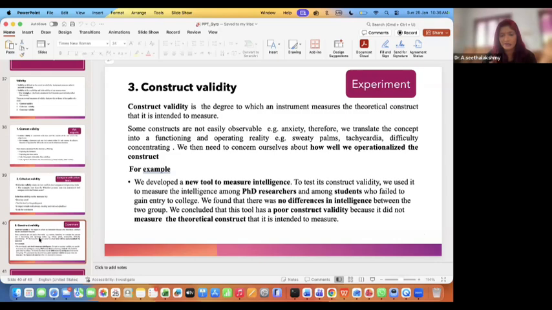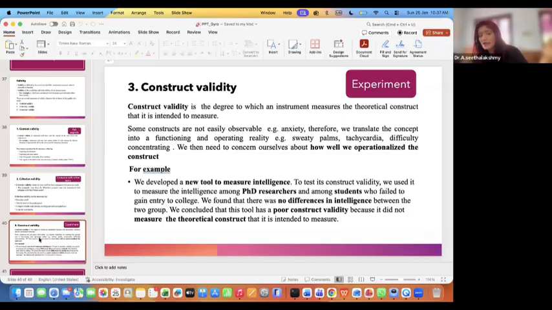Or else I will say it in a different way. For example, if you are measuring a scale related to anxiety, a person having anxiety may have sweaty palms. Not necessarily sweaty palms, sometimes they can have sweat, or show fear in their eyes or cheeks, or somewhere that can be observed and taken into consideration from the physical or functional side. If that instrument is able to bring it out, then that is called construct validity.